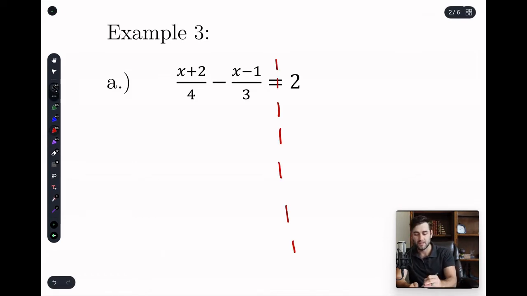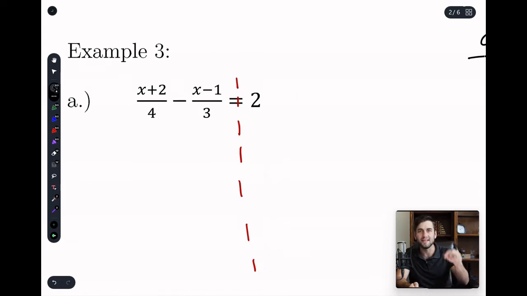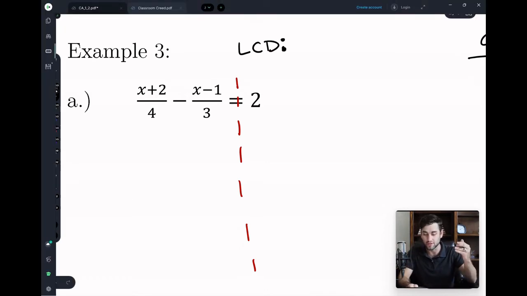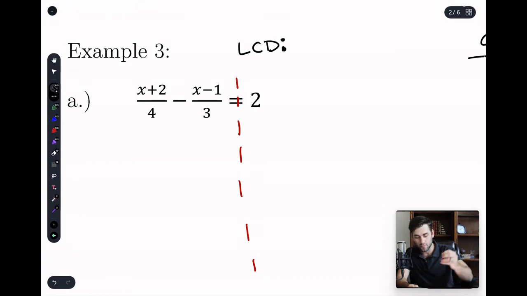All right. Now what I'm going to do is try to find this thing called a least common multiple, LCM. Oh, nope, I lied. That's least common denominator, LCD, right? And I want to find the least common denominator that I can make with those two terms on the bottom. So 4 and 3, do they work together? Does 3 turn into 4 or 4 turn into 3? No. So what we're going to try to do is find some number that combines those two things together to get the least common multiple.